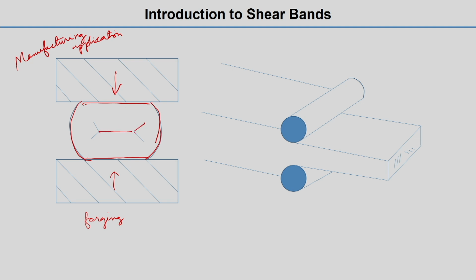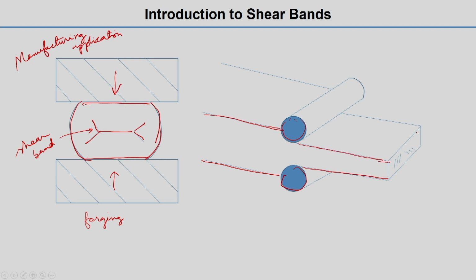So these are the shear bands. Shear band formation shapes is generally like that for this kind of forging. And then there is another example of rolling. So these are the rollers, you can see these are the rollers, this is the workpiece, and then after rolling it will come out to be thinner